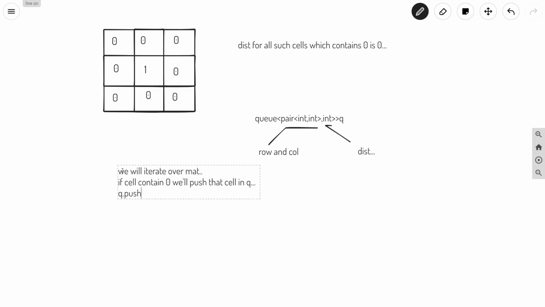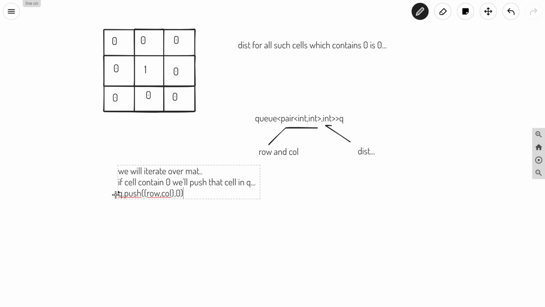We will write q.push, and we have to insert the pair and the integer. So we will insert the row and column, and the distance will be 0, because the nearest distance for that cell is nothing but 0.